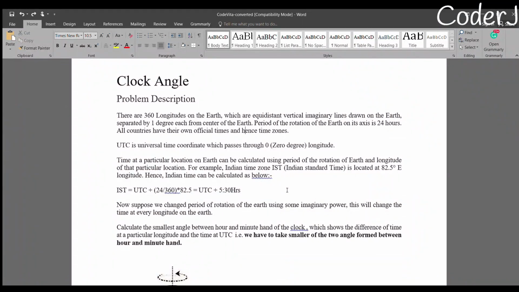Welcome back, guys. So today we'll be solving this clock angle problem. And this problem tests your quant skills more than your coding skills. And I personally think that the reason this question was asked in the CodeBeta was to confuse you, because this question has so much useless information and so much different terminology that one might